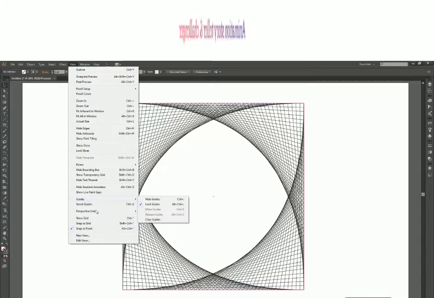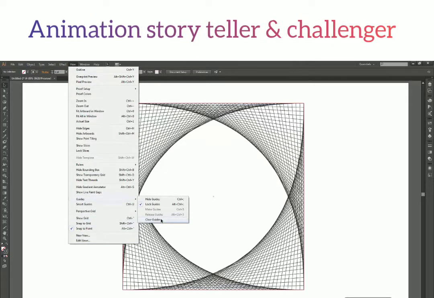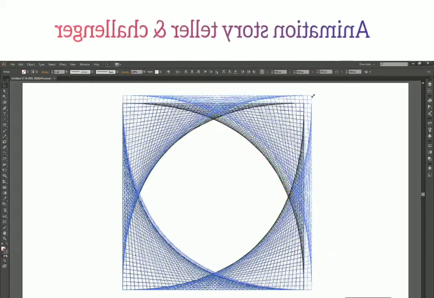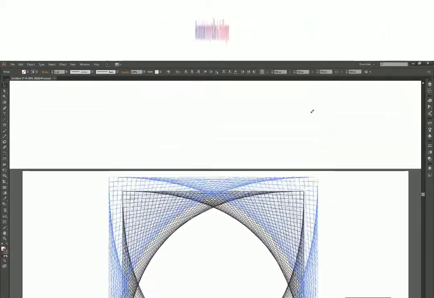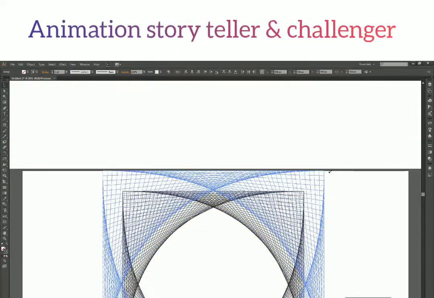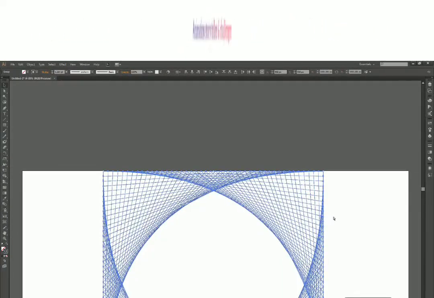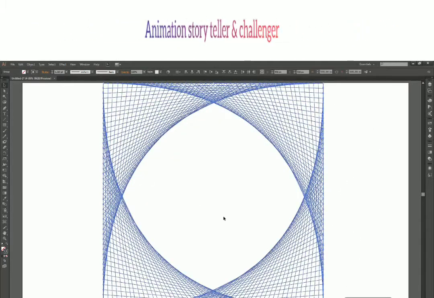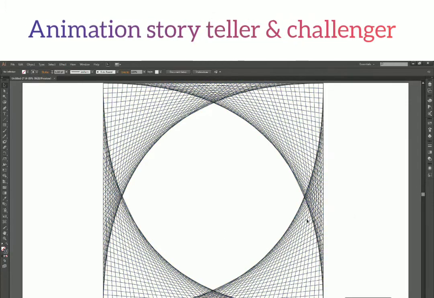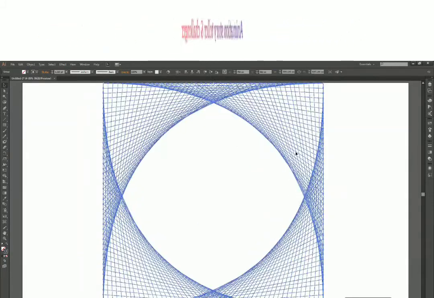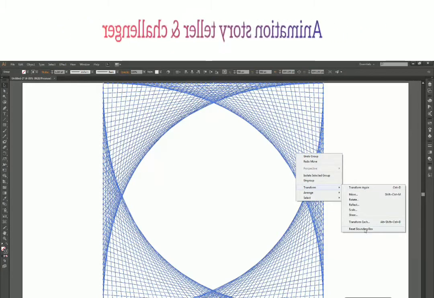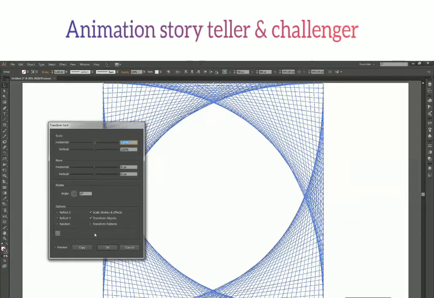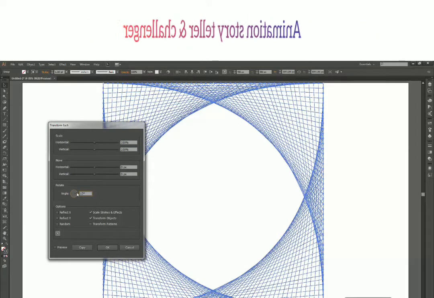So let's just delete all the guides we have created first. I click on clear guides, select all of this and scale it a bit to the size of our canvas or the artboard, and press Ctrl 0 again. Now I'm going to select all of this and press Ctrl G to group them, and now I'm going to transform and transform each. Now all the settings we will learn in future. I'm just doing it to show you how we can do it.